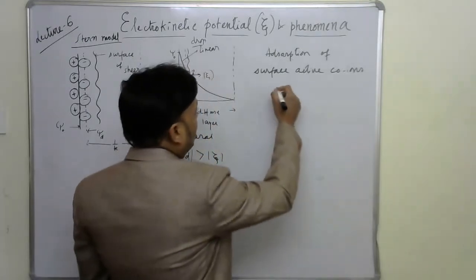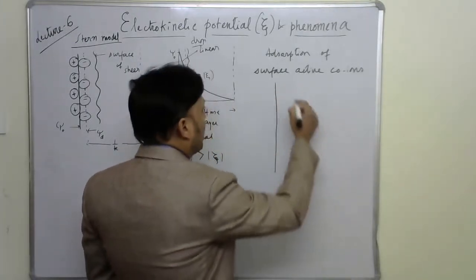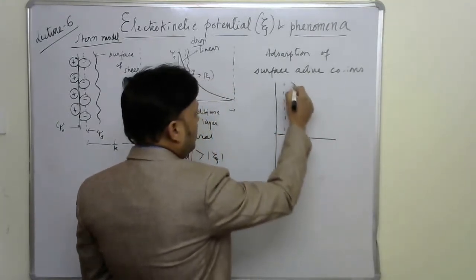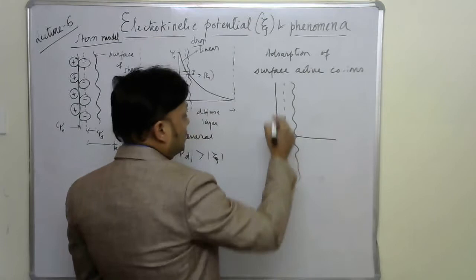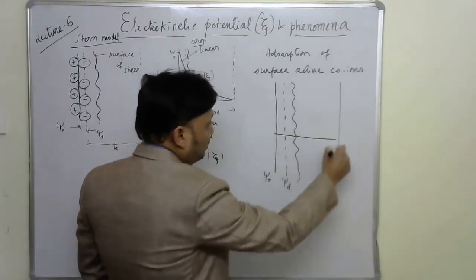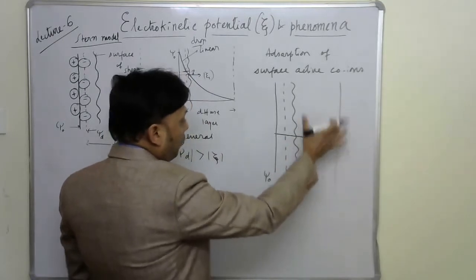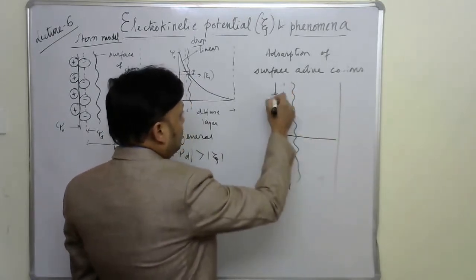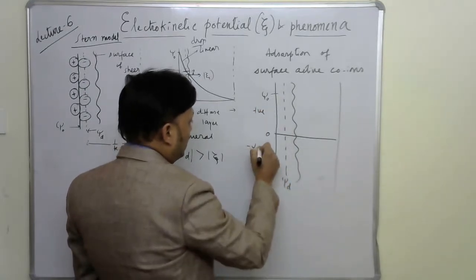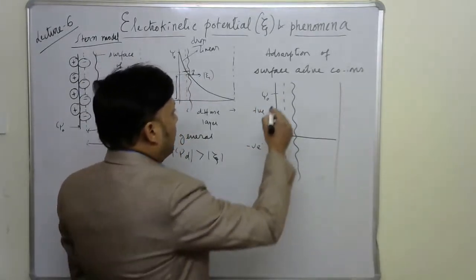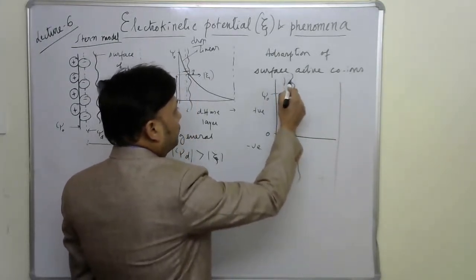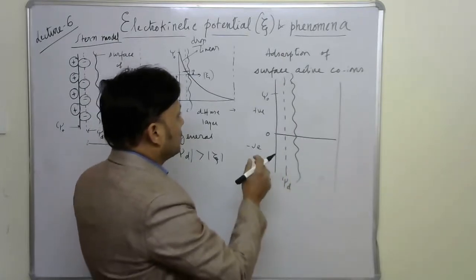Okay, so then what happens basically? I am again drawing the same diagram. This is our basic motif. Whenever we talk about zeta potential, basically we have to draw such diagrams. Needless to say, this is the boundary of the diffuse layer. So here psi 0, we started with the positive one, so this is 0, this side is positive and this side is negative. What happens here is that in a very peculiar manner, due to the adsorption of coions,